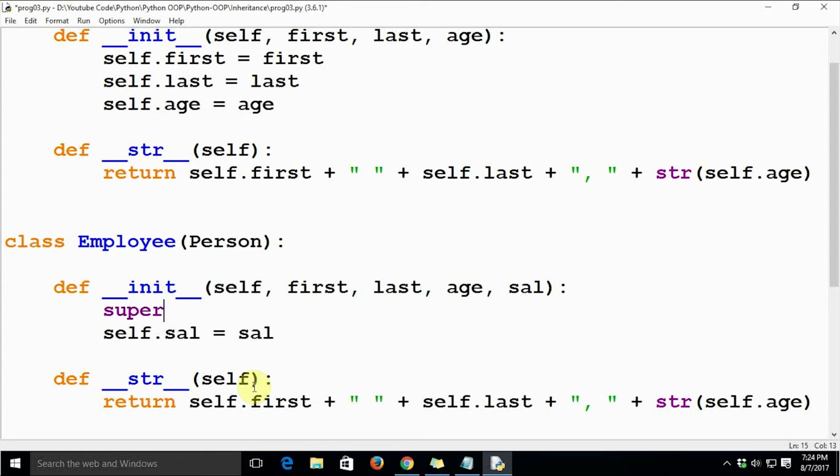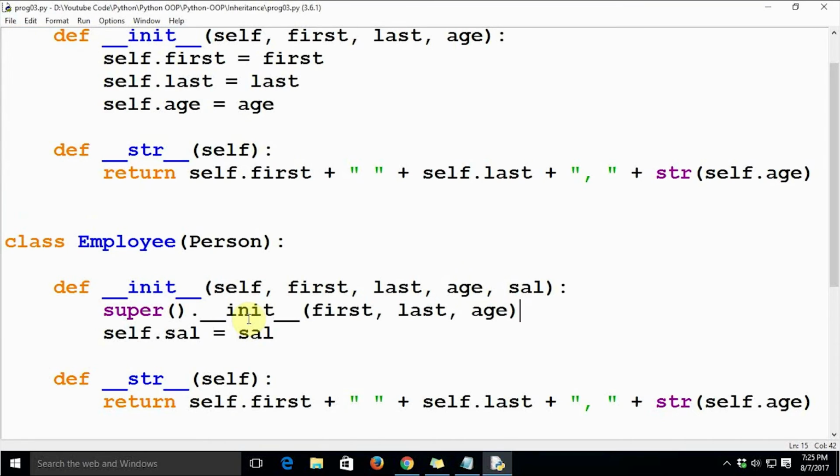So let's say super, and you must have noticed that it is changing the color as soon as we are done typing it. It means that it's a special or reserved keyword. So let's say super and init, and now let's have the parameters: first, last, and age.